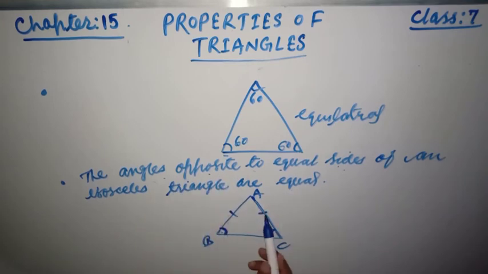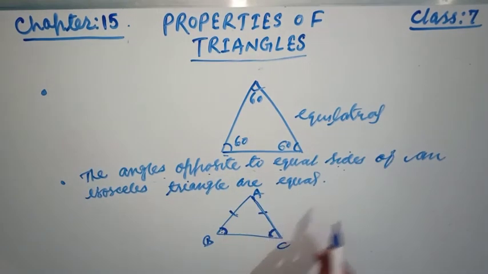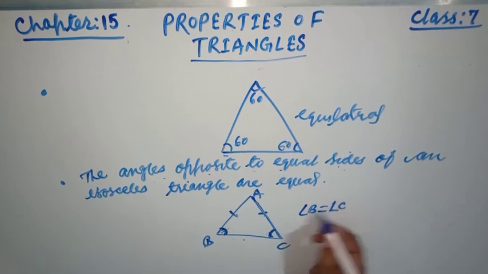Angles opposite to equal sides of an isosceles triangle are equal. This means that in an isosceles triangle, the angles opposite to equal sides, these two angles, are also equal. That is, angle B is equal to angle C. Why, friends? Because this point says in an isosceles triangle